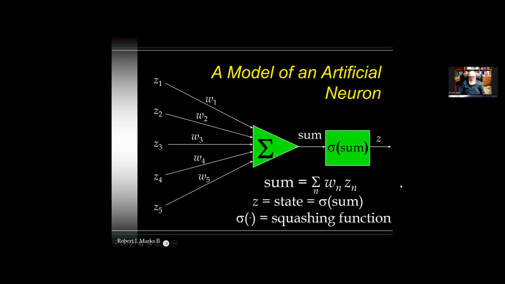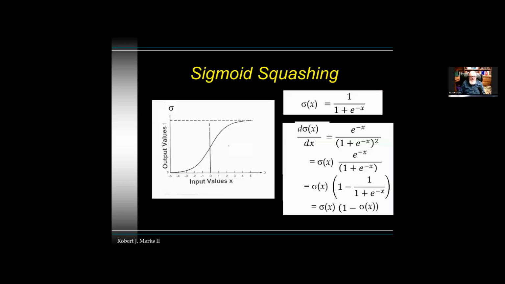So there could be all sorts of different things. So what is a squashing function? One of the most commonly used ones is the so-called sigmoid squashing function. Sigmoid corresponds to an S-shaped curve. And here is the definition of the sigmoid in the upper right, 1 over 1 plus e to the minus x. And if you plot that out, you get something which